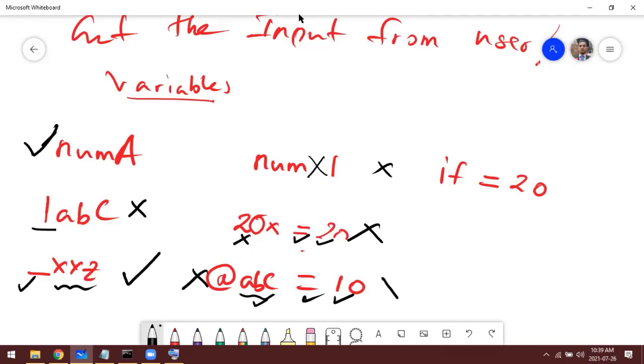So ultimately this is wrong. This looks like a correct one, so we have used a small letter, assignment operator and 20, but this cannot be because if is part of the reserved keywords, so a keyword cannot be used as a variable or any identifier, so this will throw some error.